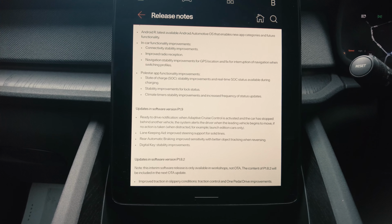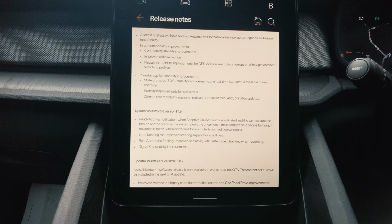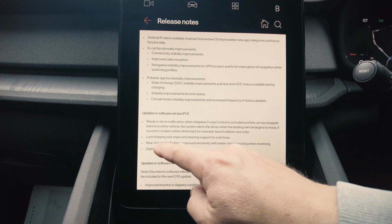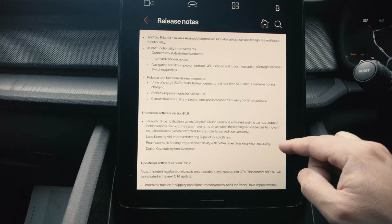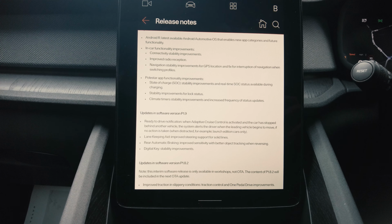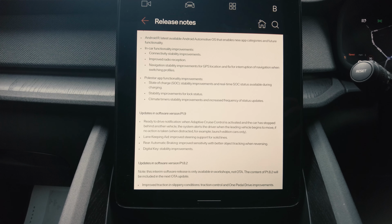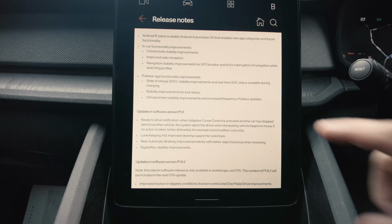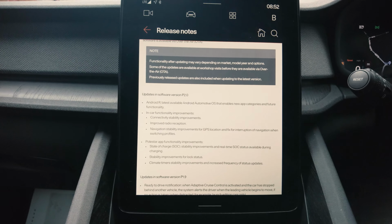If you're in traffic and you find yourself stopped and you just sort of look away, and then suddenly the traffic's moving again. Rear automatic braking, again, that's good, because I had a few that triggered far too easily, and I found that kind of annoying when someone goes behind you and your car suddenly hits the brakes really hard. And then we come to the latest version, software